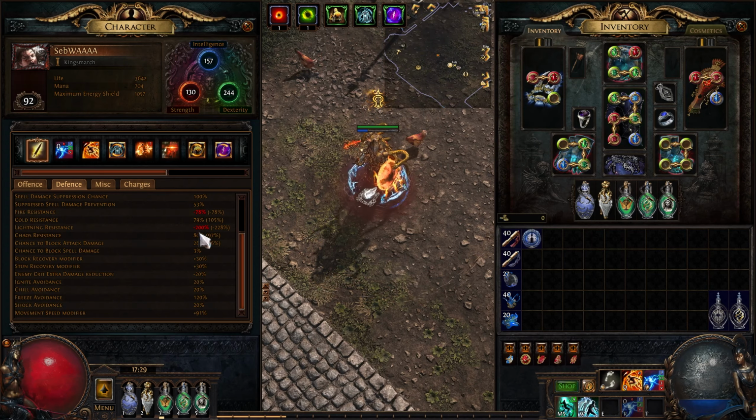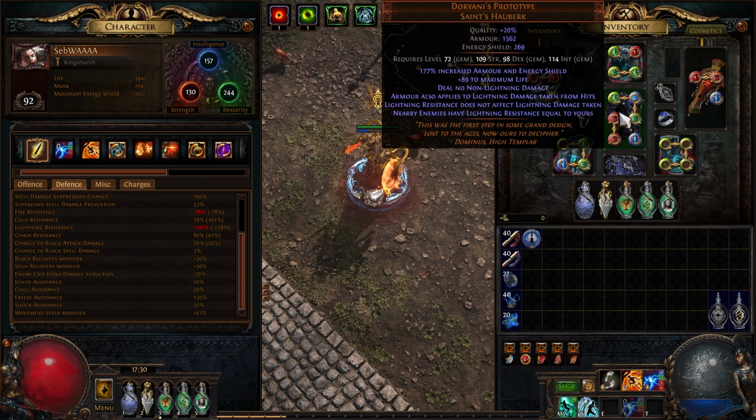So obviously you have minus 200% lightning res. That's bad. You die. But this chest has a line that reads, armor also applies to lightning damage taken from hits. In order to counteract that, of course, the problem with this is it is only from hits, so you